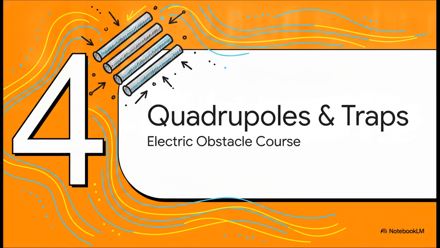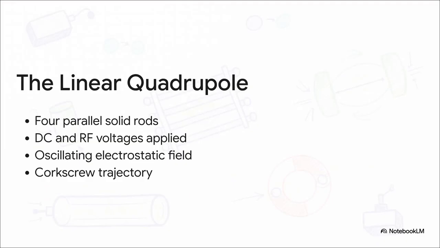All right, part 4, quadrupoles and ion traps, the electric obstacle course. We are now shifting away from magnets entirely to look at how precise radio frequencies create a totally different type of gauntlet. Welcome to the quadrupole. Imagine the linear quadrupole as a brutal corkscrew tunnel. It uses 4 parallel solid rods, applying both direct current and radio frequency voltages incredibly precisely. This whips up a rapidly oscillating electrostatic field that furiously pushes and pulls on our charged particles as they fly